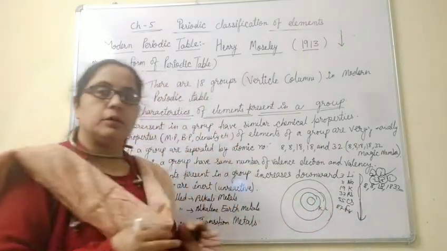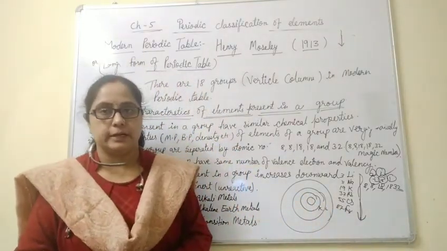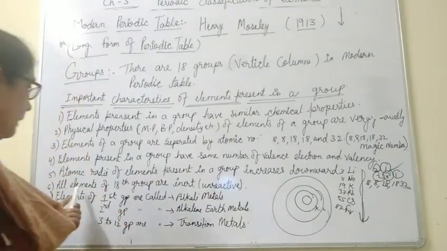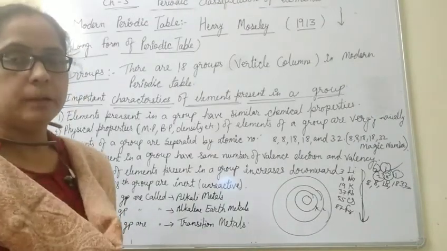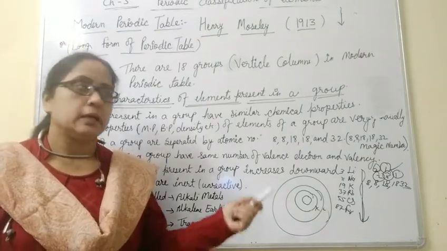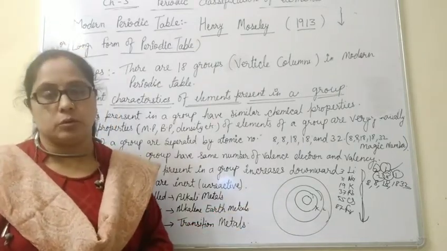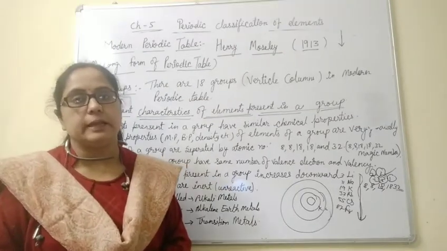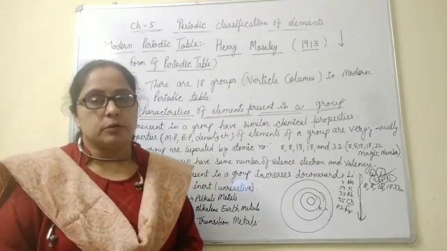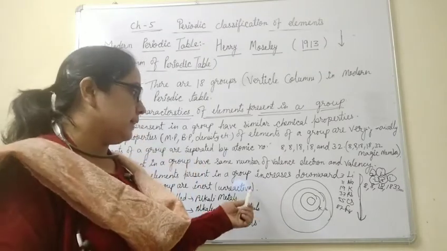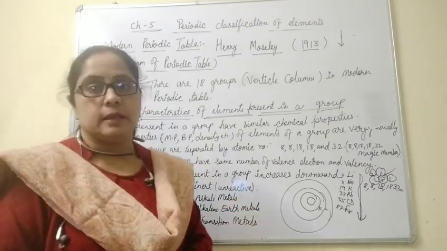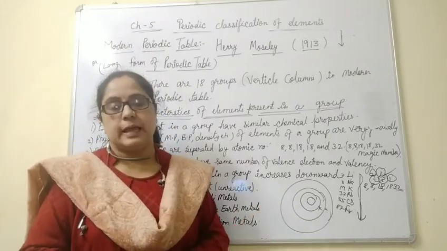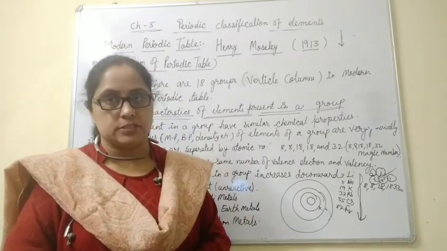So as the number of shells increases, their atomic radii increases. Next characteristic is all the elements of the 18th group are unreactive, and this 18th group is called the zero group because all inert gases, noble gases, are present in the 18th group. If we are talking about the electronic configuration of these inert gases, then helium has 2 and the rest of the inert gases